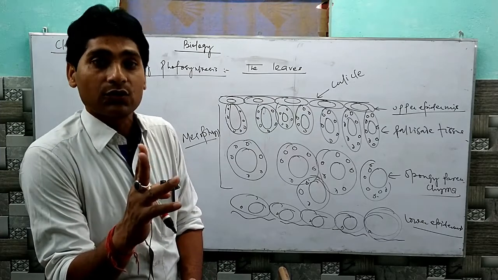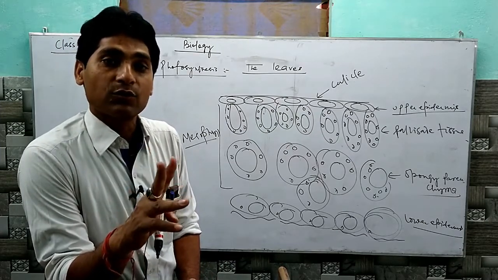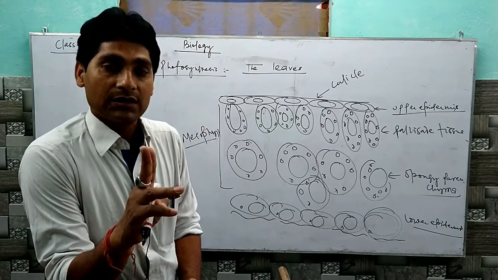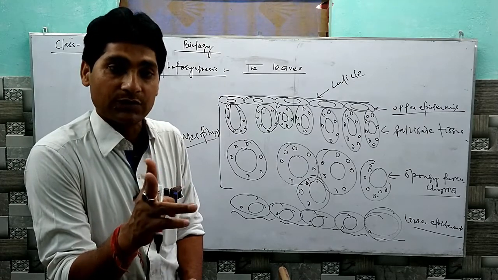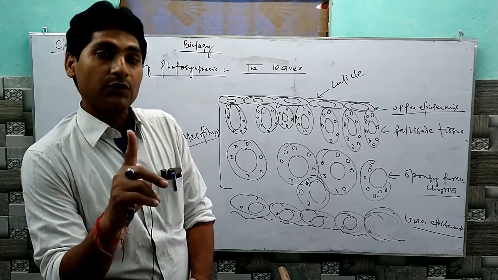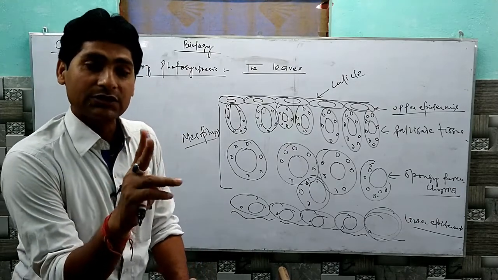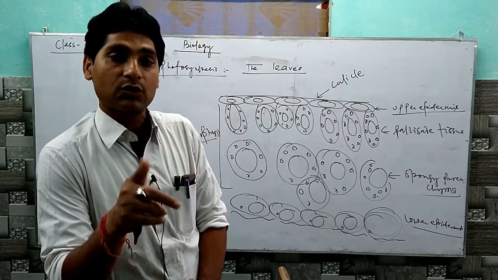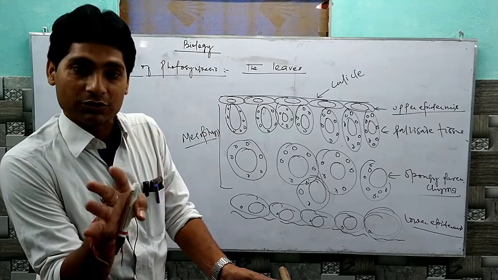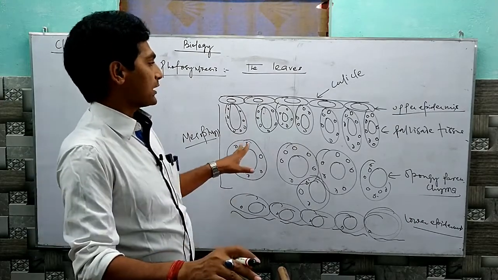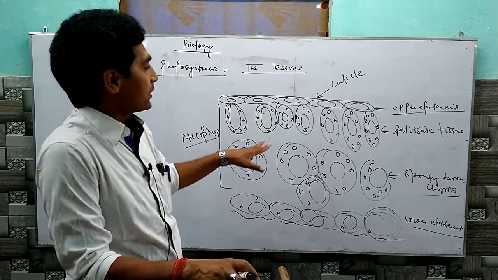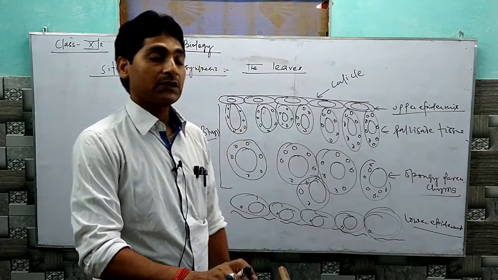Dear students, you should know about dicot and monocot plants. In dicot plants, two different tissues are present in the mesophyll, the palisade tissue and the spongy parenchyma, but in the monocot leaf, only spongy parenchyma is present. This is the reason that in the dicot leaf, the rate of photosynthesis is more than that of the monocot, because monocot has only spongy parenchyma, but dicot leaves have both spongy parenchyma and palisade tissue.